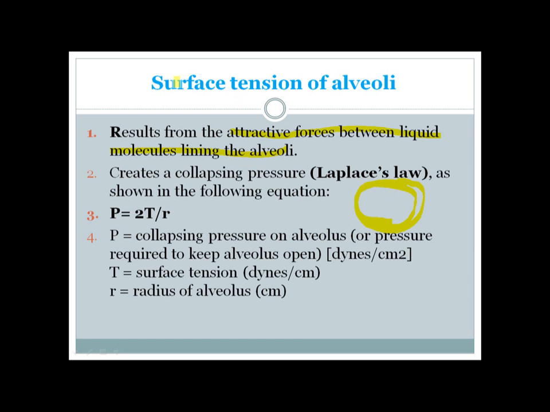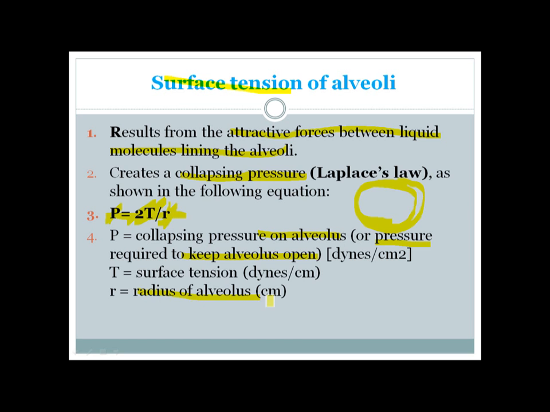And this surface tension, as I've already mentioned, creates a collapsing pressure, and this collapsing pressure can be identified by this equation. This is called Laplace's law. So this is the collapsing pressure on the alveolus, or the pressure required to keep the alveolus open, and this pressure is proportional to the surface tension, 2 times the surface tension actually, and it is inversely proportional